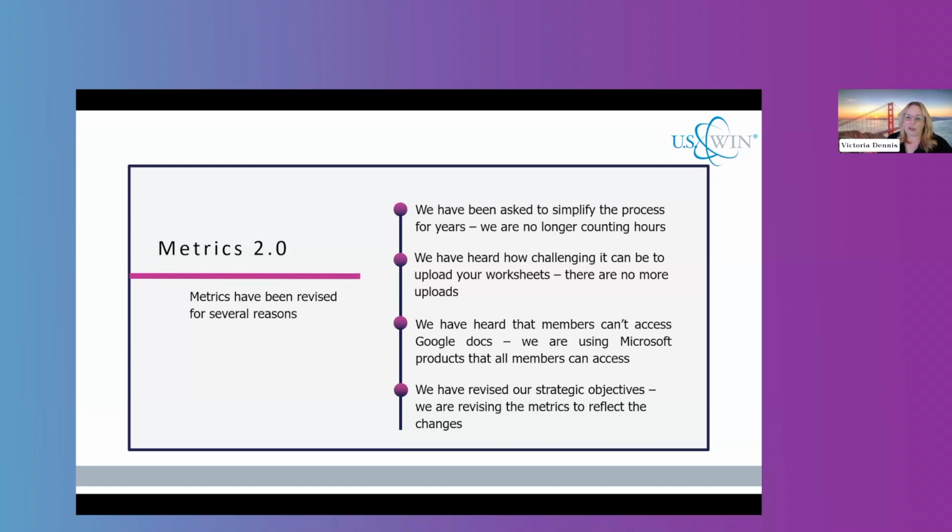We've also heard how challenging it can be to upload worksheets, so there are no more uploads. We've heard that members can't access Google Docs, so we've transitioned to using Microsoft products, and hopefully that will alleviate all those issues. And most importantly, we've revised our strategic objectives, so we're revising the metrics to reflect those changes, which will eventually be reflected in our awards process as well. On the next slide,